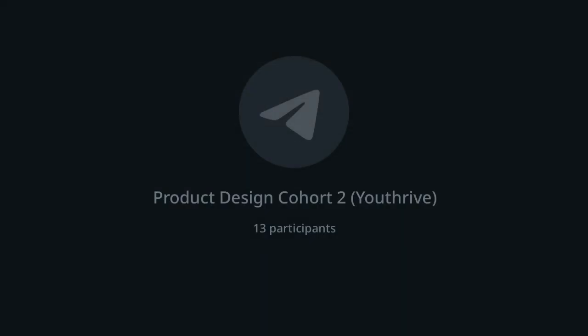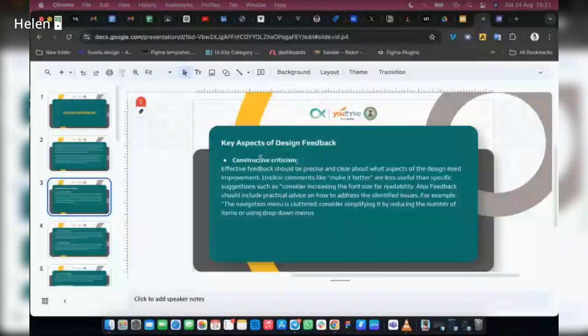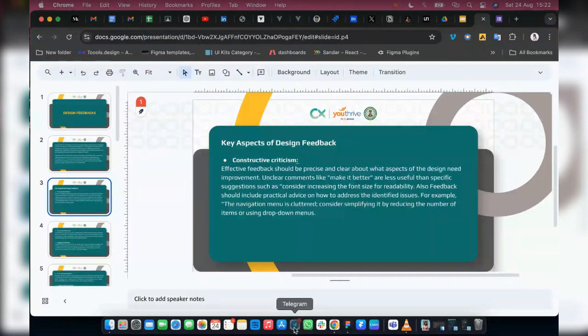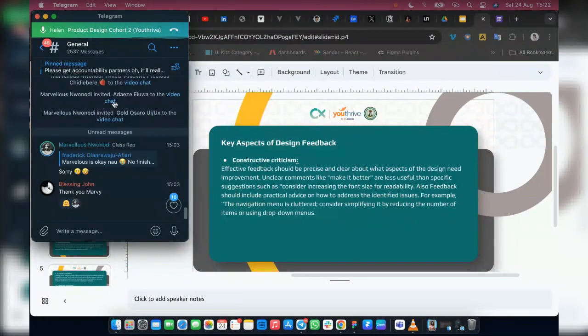Now, for example, I've given the first example based on the comments I dropped on somebody's file. I can't remember. But now another example is the navigation menu is too cluttered. Now, for example, yes, I remember. There's somebody that I also dropped a comment on this person's file, on the person's tablet design, when the person just carried the way the header is on the web and moved it onto the tablet view. So I think the header, the main menu,